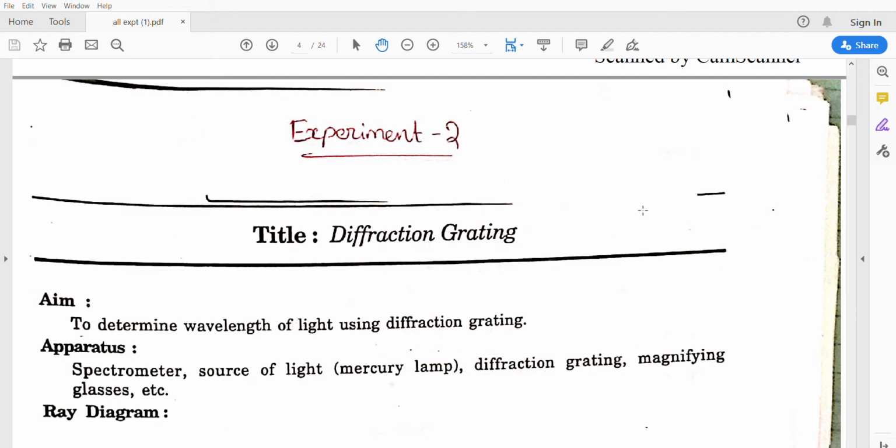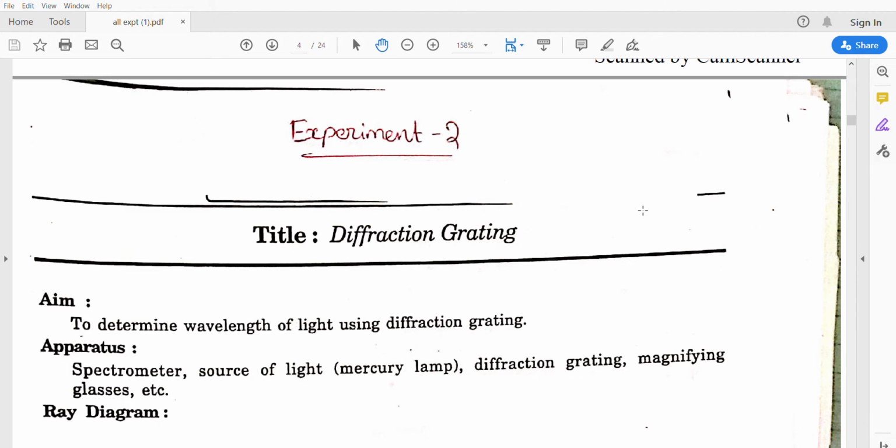That is, diffraction follows two conditions. The first condition is that the dimensions of the slit should match the wavelength of the light. When the slit dimensions, meaning the width of the object, match the wavelength of the light, then only is diffraction observed. The second one is that the source should be a point source. It should not be an extended source, then only will we observe the diffraction phenomenon.